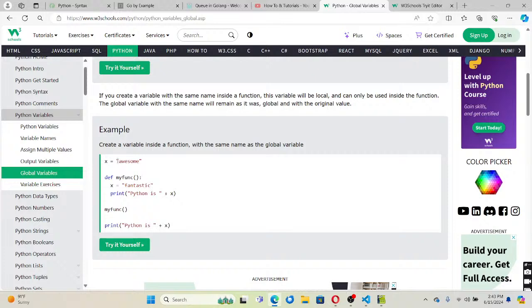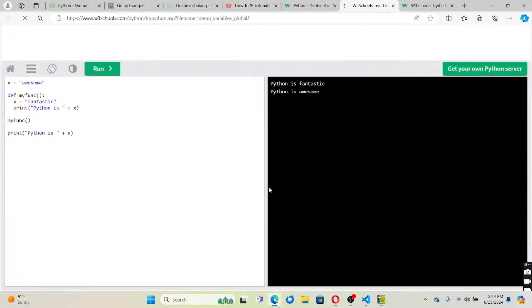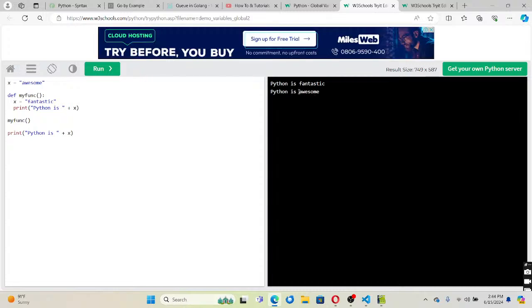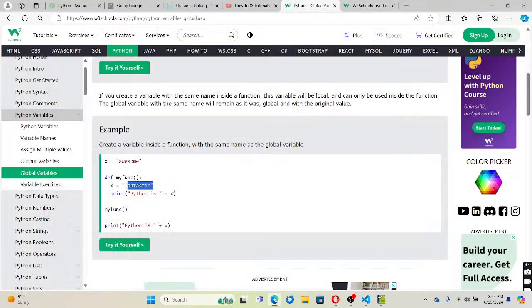So x is a global, then which one will it take? We can create the same name, but which one will it take? Tell me. In the function x is fantastic, Python is, will it display fantastic or awesome? Here, local will be preferred first and then global, right? If you have declared local, then it will take that, and otherwise here it is a global variable, so awesome. Python is awesome here. Since it is a local variable, Python is